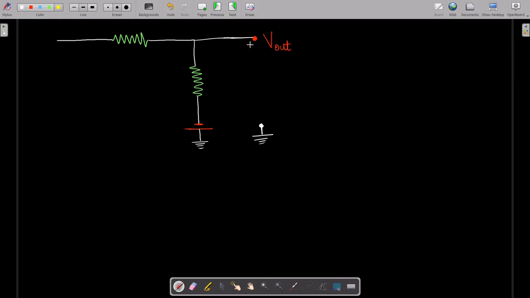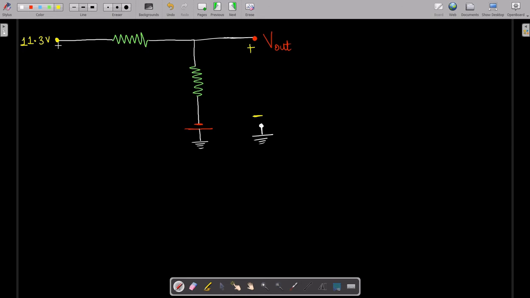With respect to ground, that means this is the positive side and this is your negative side, correct? And here you are getting how much voltage? You are getting 11.3 volts, which we had seen just now, how we calculated this particular value. So what you can assume is basically like this.